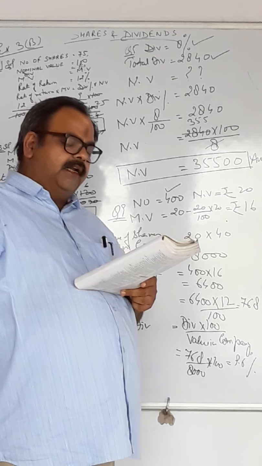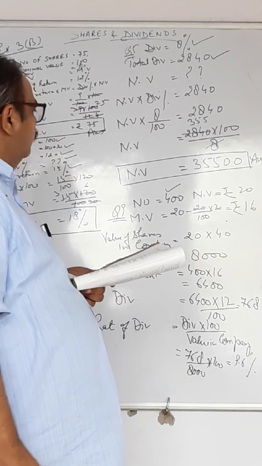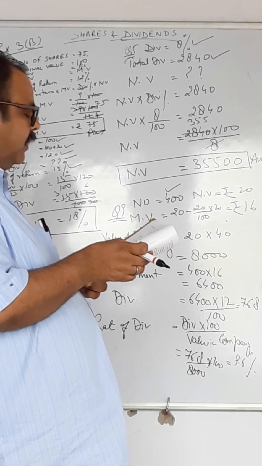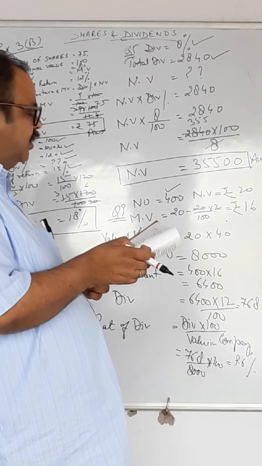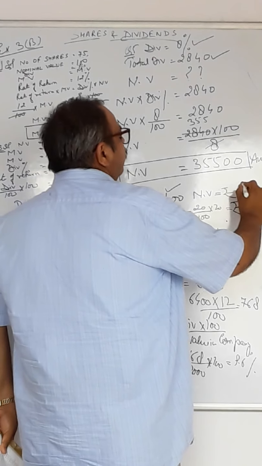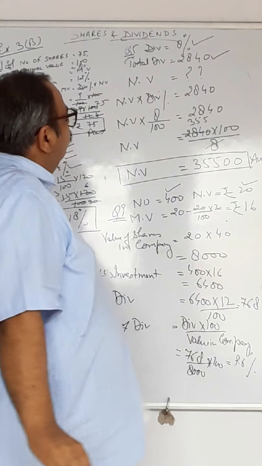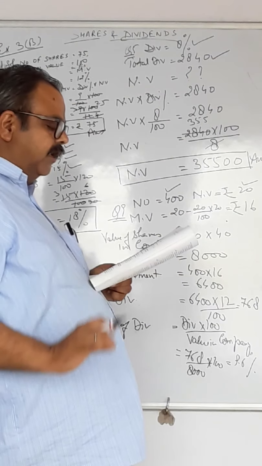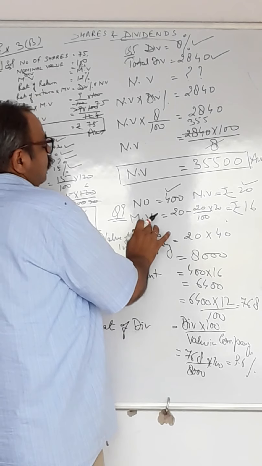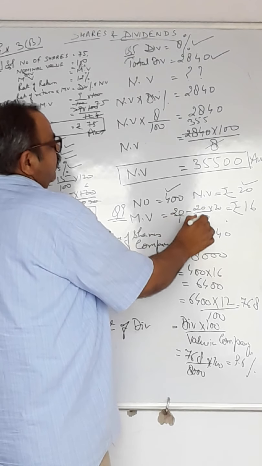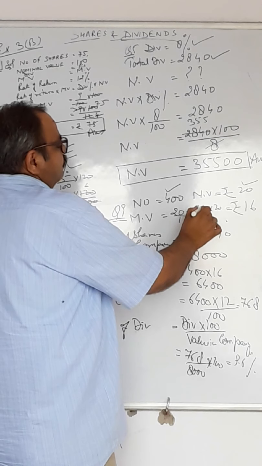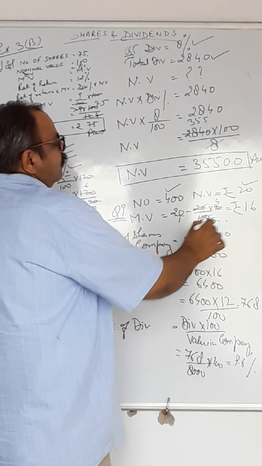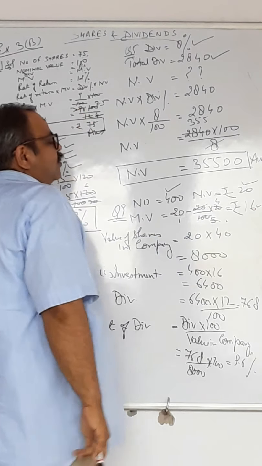At a discount of 20%. Here the man buys 400, correct? 20 rupees shares, nominal value is 20. In a company, the value of the share is 20 rupees. At a discount of 20%, now market value 20 minus 20% of 20, cancellation, 5 the 100, 4 rupees discount. So I will get the share in the market at 16 rupees.